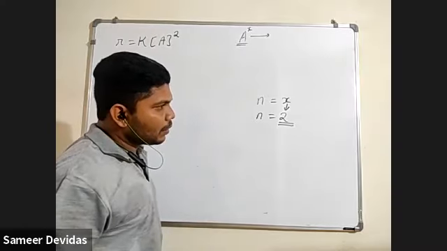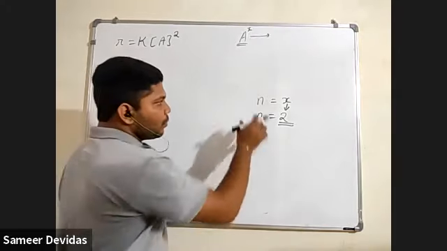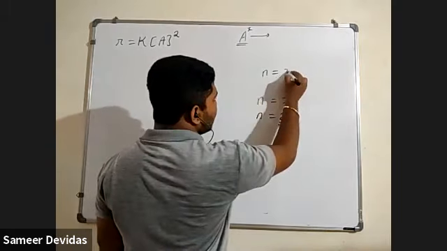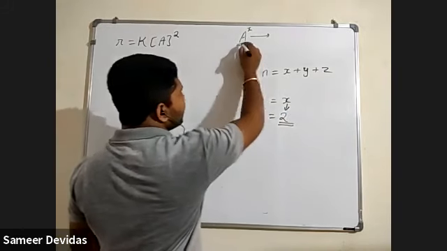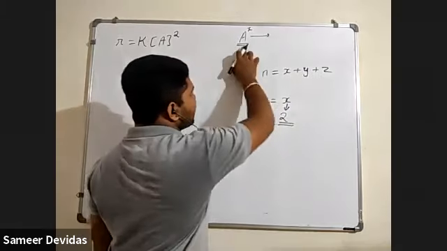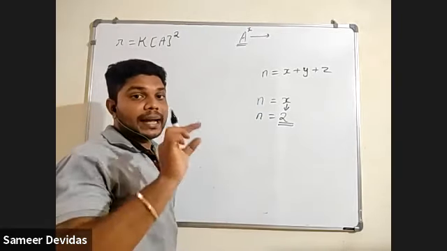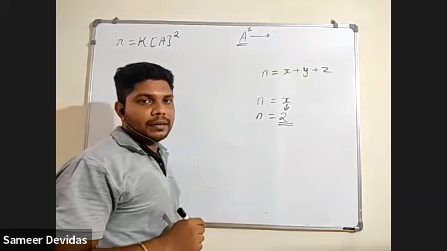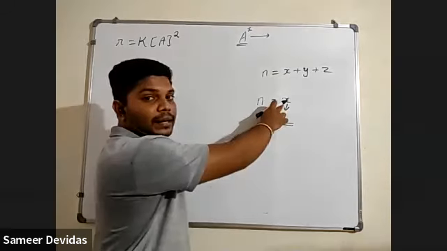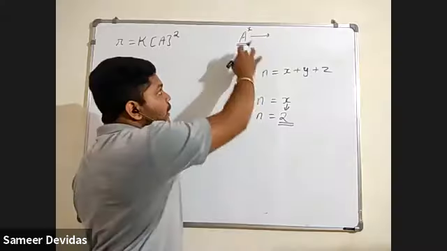So why n is equal to 2 and why n is equal to x? Sir, I did not understand this part properly. See, what is the order of a reaction? I told you the formula x plus y plus z, when on the reactant side A, B, C are there. But on the reactant side, what have they said? Reactant. That means how many reactants are there? Only one. That means only x. Am I right? Yes, sir. n is equal to x because it is only one reactant.